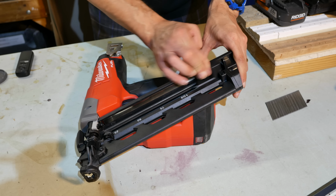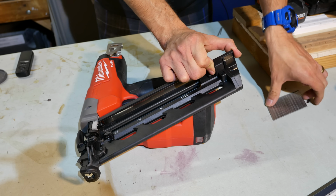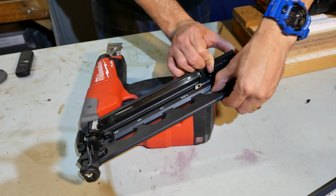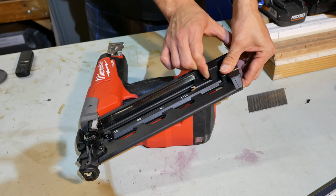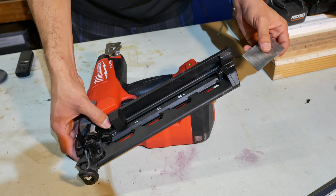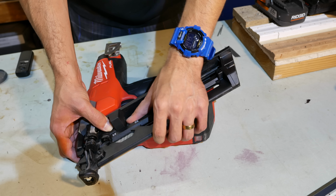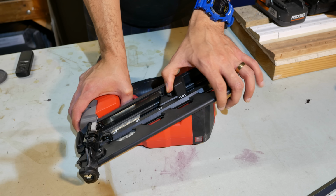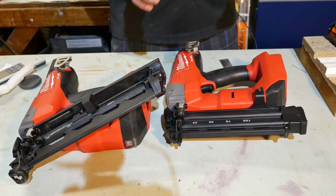Also, when the magazine is open all the way, this little tab gets in the way and makes it much harder to insert and to remove nails because it causes unneeded friction right here. So I found it much easier just to leave the magazine pull tab down here. Then press this little button right here, insert your nails in place, slide them all the way down. Then with your nails in place, move the magazine tab behind the nails and release. It's a bit of a hassle, but luckily you don't have to deal with this mess on the 18 gauge